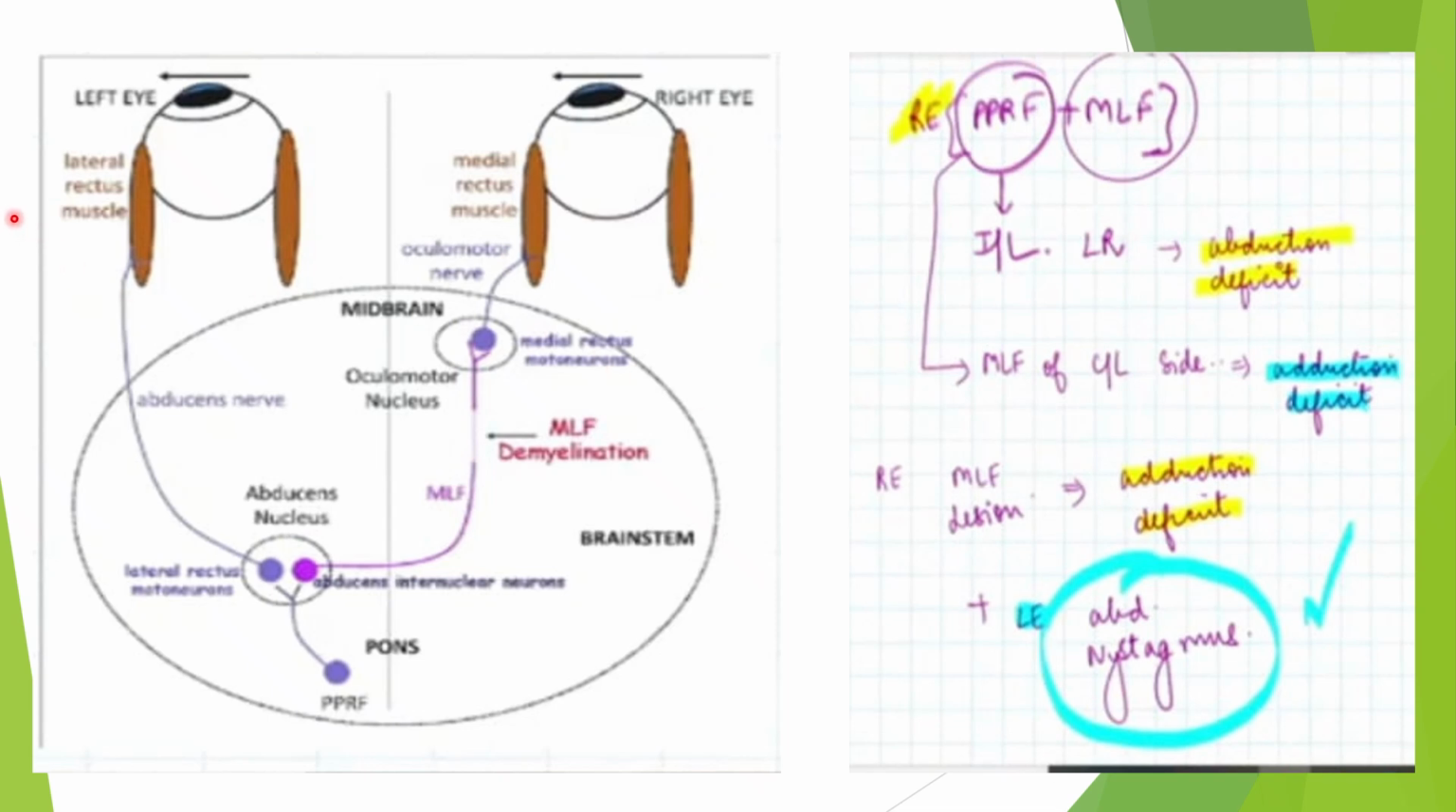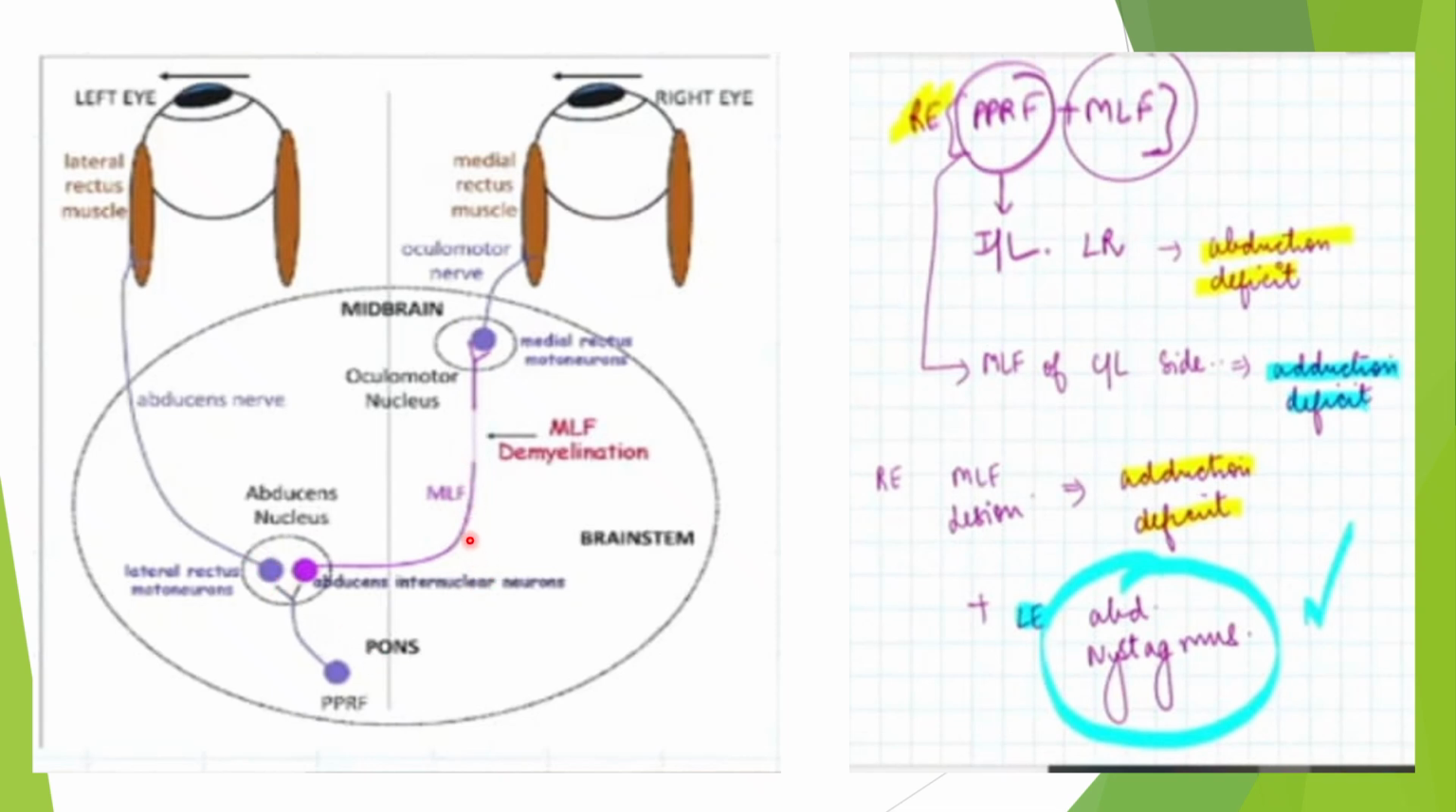Now, if we want to look towards the left side, the lateral rectus of this side and the medial rectus of the other side will fire, and the PPRF supplies the abducent nucleus of the same side. PPRF and MLF: PPRF is a longer word, so that supplies the sixth nerve, which is the bigger number, and the MLF supplies the third nerve. MLF has three letters, third nerve. And if you want to look towards the left side, the PPRF supplies the sixth nerve of the same side